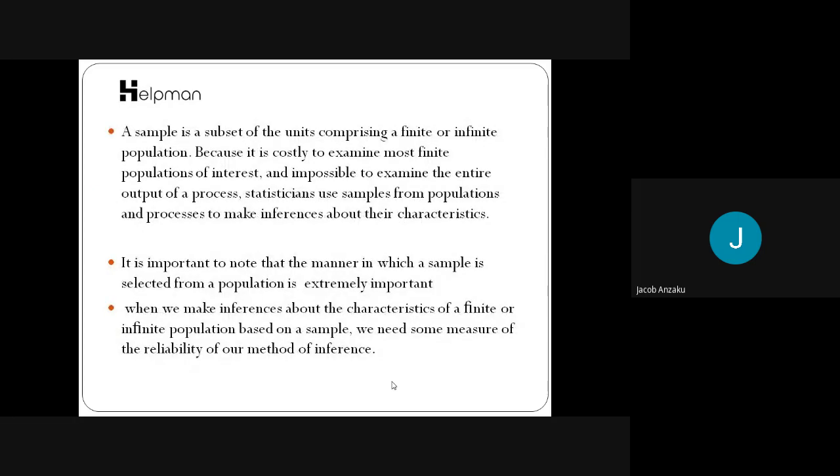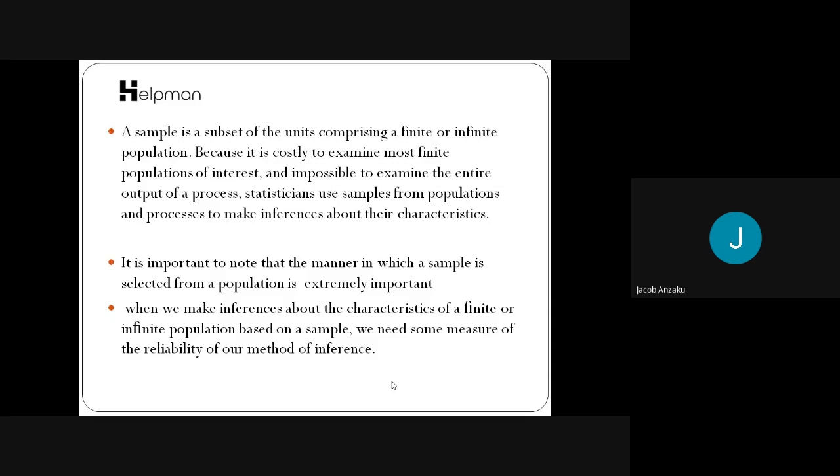Now, we have explained a population. A sample is a subset of the units comprising a finite or infinite population. Which means a sample can be countable or not countable. Now, because it is costly to examine most finite populations of interest and impossible to examine the entire outcome of